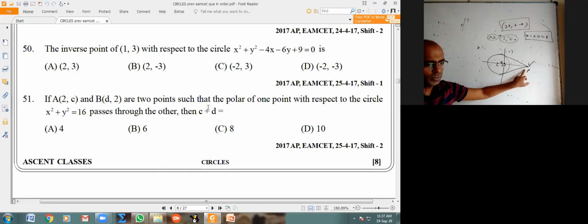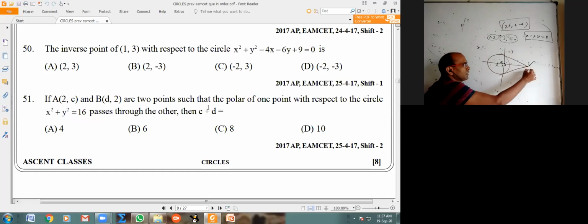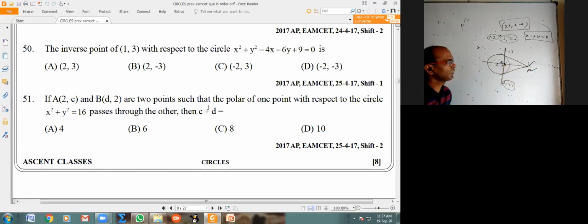Find the polar of P or chord of contact of P, you'll get this line. Then find the foot of the center on that line, you'll get Q. Or you can find the foot of P on that line also, you'll get Q. So first P is given to you. This one is S1 equal to 0. How to find this point? Either the foot of P or the foot of C on this line. Or solve this line and this line also, you'll get that point. Okay, but what exactly is the definition of inverse point and why we are taking this, I'll explain.